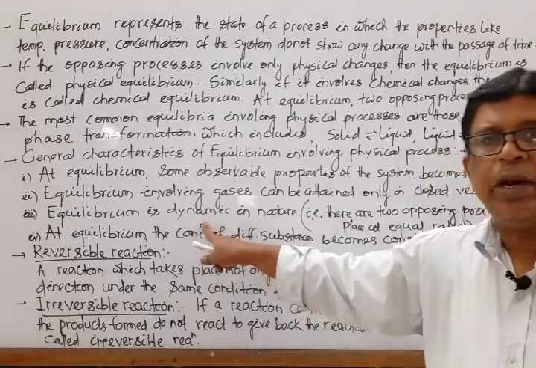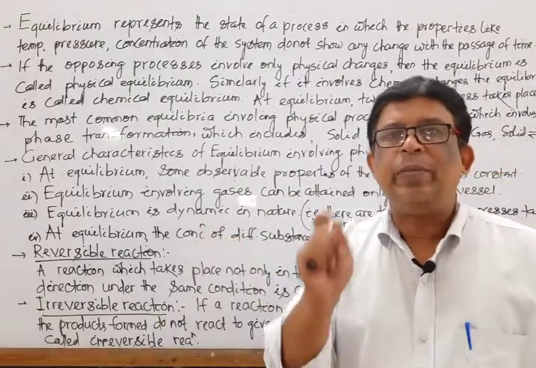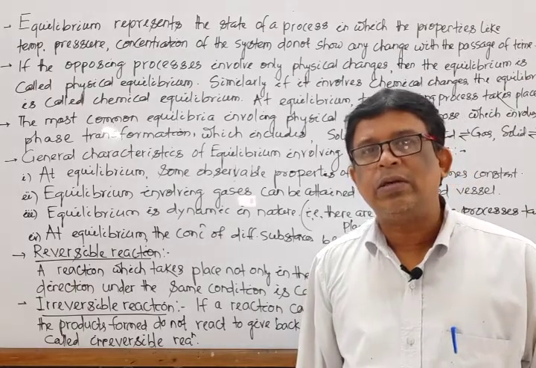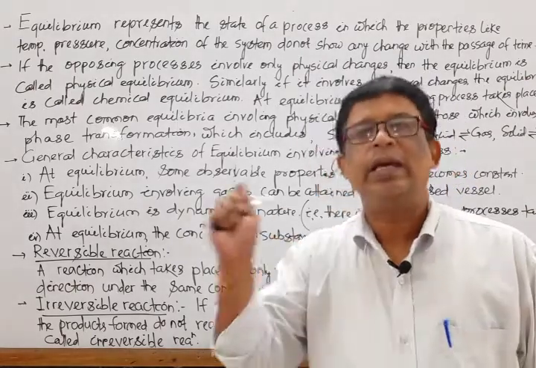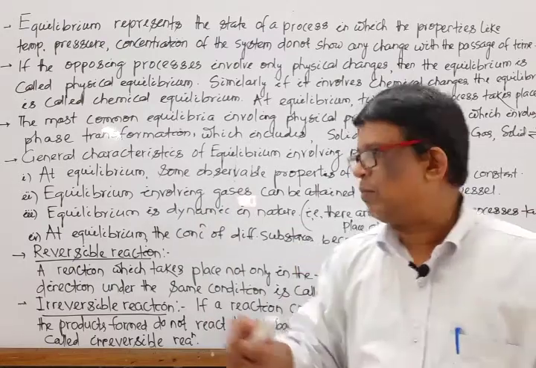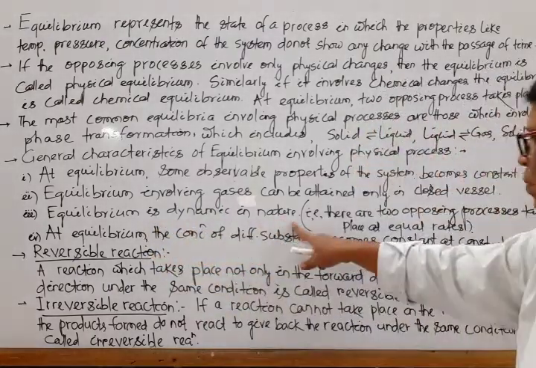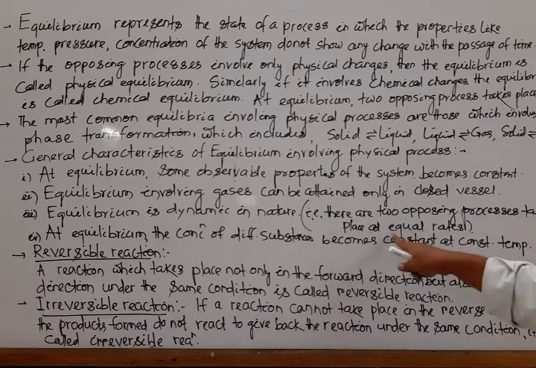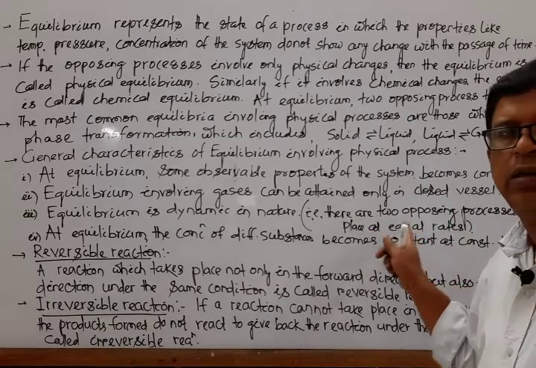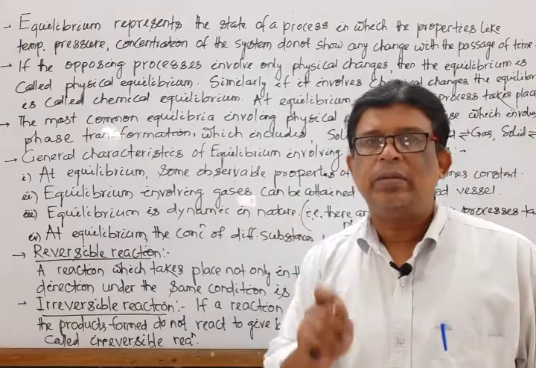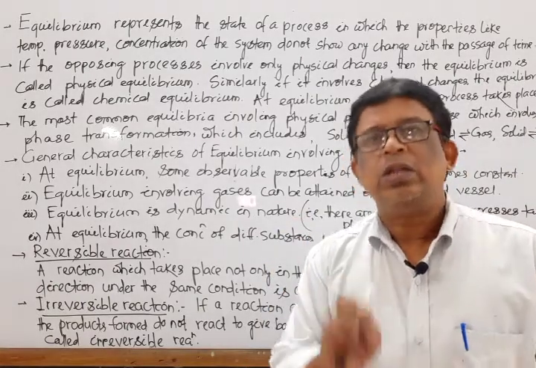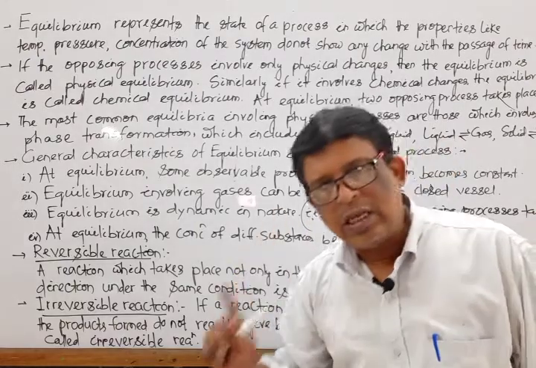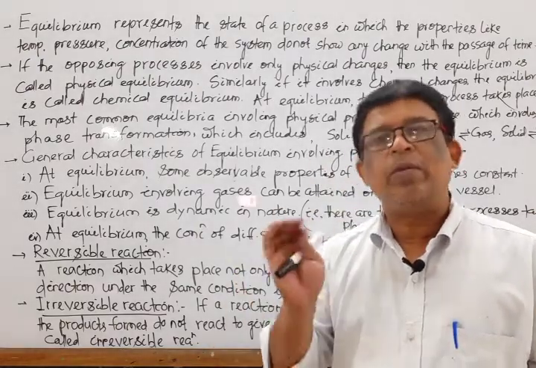Next, it is very, very important. That means equilibrium is dynamic in nature. What do you mean by dynamic in nature? It means the rate of forward reaction is equal to the rate of backward reaction. Mark that. The equilibrium is dynamic in nature. That means there are two opposing processes taking place at equal rate. That means the speed at which the concentration of reactant gradually decreases, at the same speed the concentration of the product